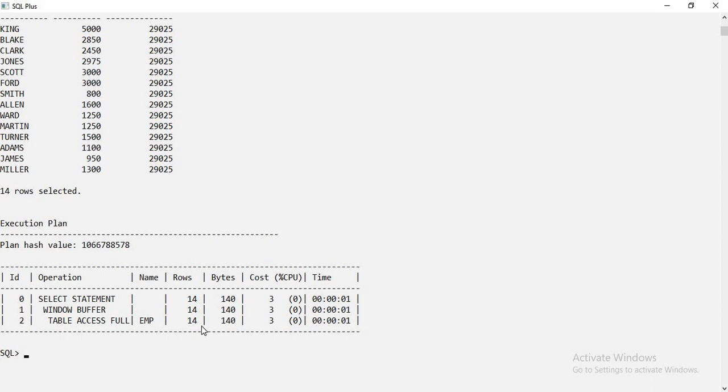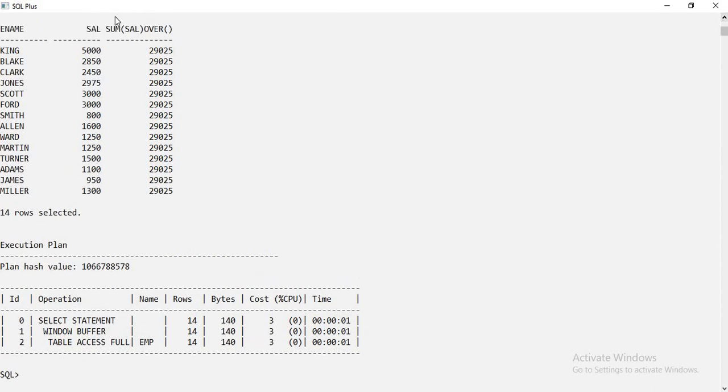SGA is a place where all the data, all the tables are stored temporarily before the output is presented to you. Okay. Now in this SGA, the table is present, and on that the analytical functions will execute over the output of that function and will give you this aggregation. So this word window buffer is very important, guys, because the window buffer is a buffer that is present in SGA, which is actually taking this EMP table, this data.